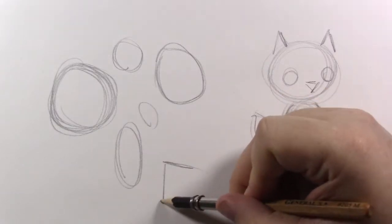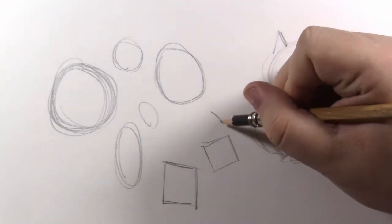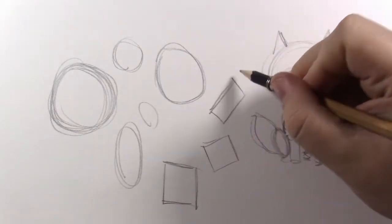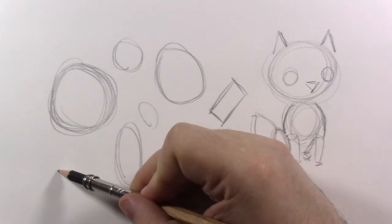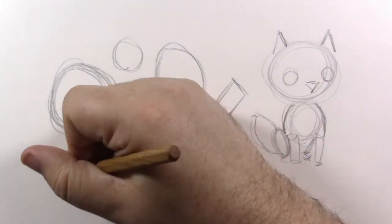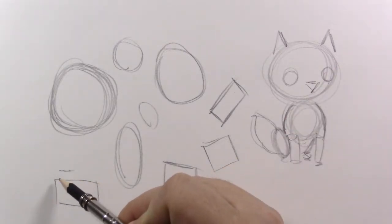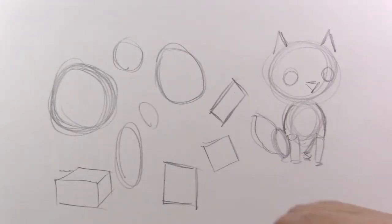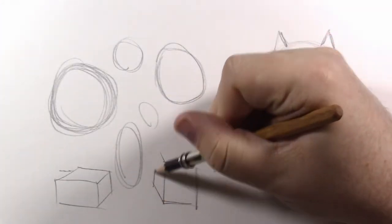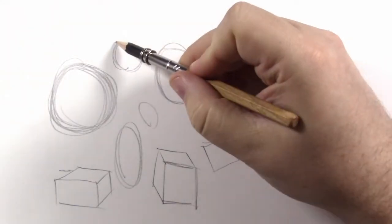Draw some squares. Draw them in different configurations with different lengths. Just get practice with that, a nice bold stroke. Don't worry about getting that perfect line. Just boom, put it in there. Whatever comes out. Then remember, 3 sides to a cube. Start turning whatever you're drawing into little cubes. And then start turning your circles